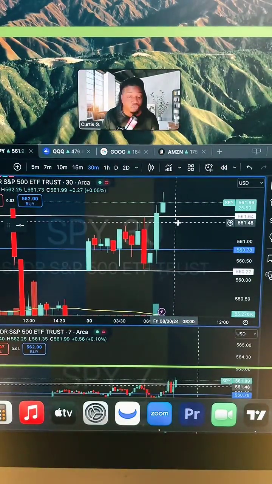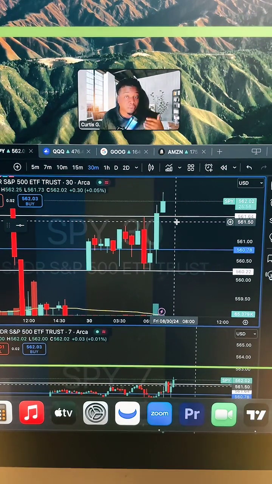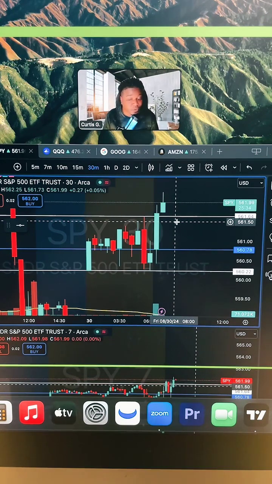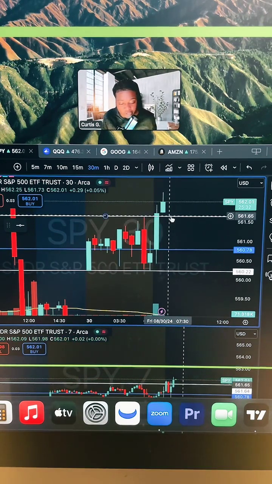So it's a very simple strategy, and the cool thing about it is you can change the time frame. Now, me personally, I use the 30-minute and the 7-minute, but if you want to use the 45, the 4-hour, the 1 hour, you can use those time frames. Or if you want to use EMAs, if you want to use VWAP, you can incorporate that. So the long and short of the strategy is really just an opening range breakout based off of the pre-market highs and the pre-market lows. But really quick, we are in and out and we are done.